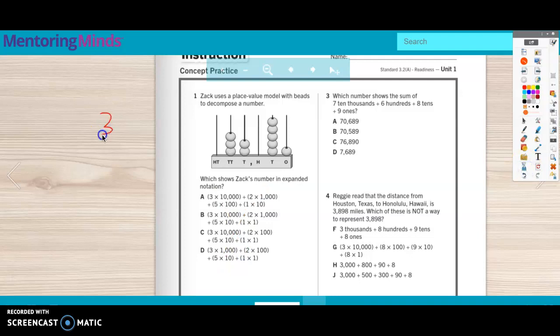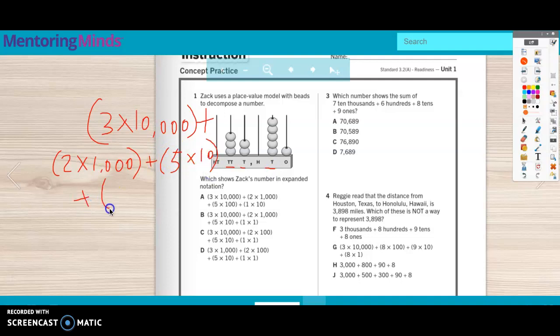I have 3 groups in the 10,000s place. 3 groups of 10,000 plus I have 2 groups in the 1,000s place. 2 groups of 1,000 plus I have 10s. There are 5 groups of 10s and 1 group of 1. And if I do that and compare my answer to the answer choices, now I see that it's